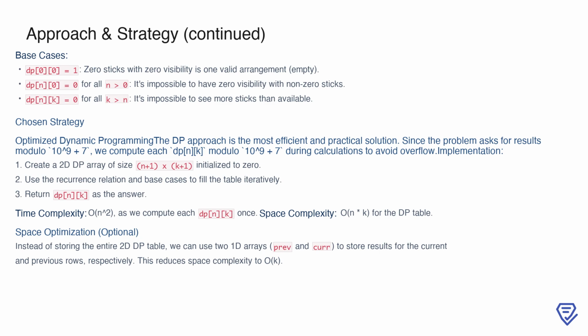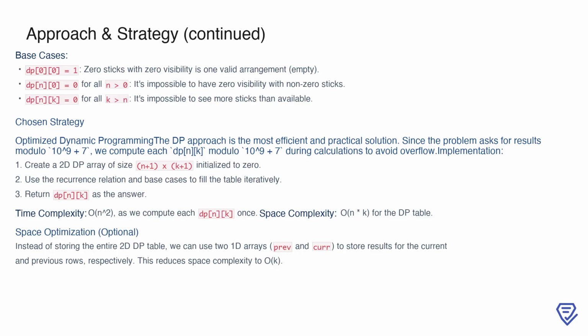This leads to the recurrence relation, dp[n][k] equals dp[n-1][k-1] plus (n-1) times dp[n-1][k]. The first term corresponds to the tallest stick being visible, while the second term represents the cases where it is not visible. For the base cases, dp[0][0] equals 1, since there's exactly one way to arrange 0 sticks